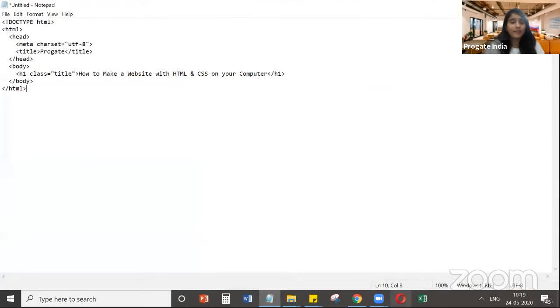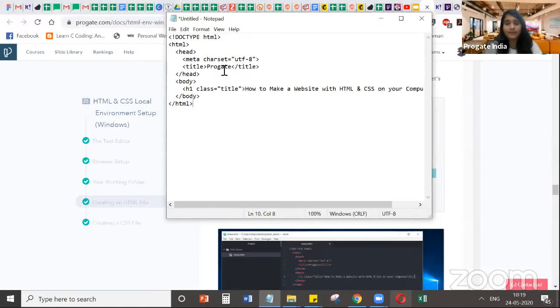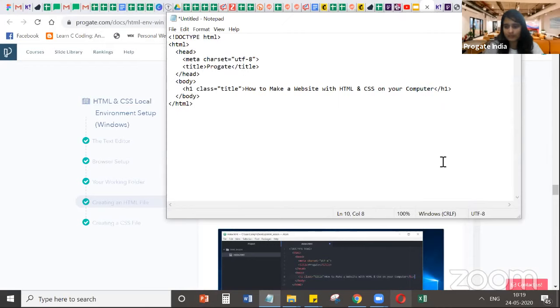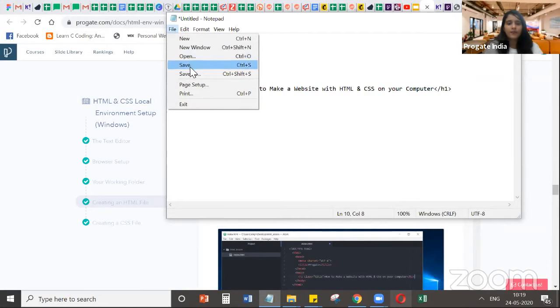So that you can see that we use exclamation doc type HTML over here because we are creating the HTML file. And this will be the title of the website, Progate. I'll be showing you where it is written exactly. And in the body section of the HTML code, the heading will be like this: how to make a website with HTML CSS on your computer. So once you save it